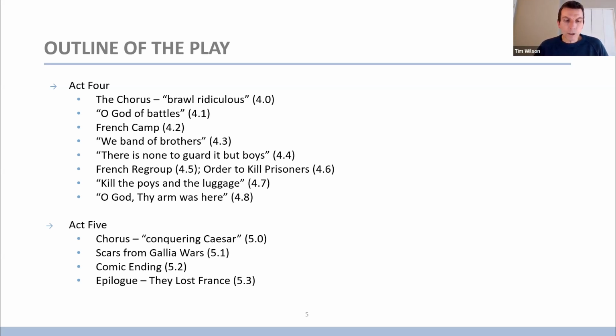In Act 4, Scene 1, Henry does walk through the English camp, as the chorus had mentioned, but he does so in disguise. And rather than cheering and lifting the spirits of these troops, he actually gets into a debate and argument with a couple of these common soldiers, Bates, Court, and Williams, and in particular Williams, who's making the point that all deaths are the responsibility of the king. So the responsibility of the deaths of these soldiers in the battle to come rests on the shoulders of the king.